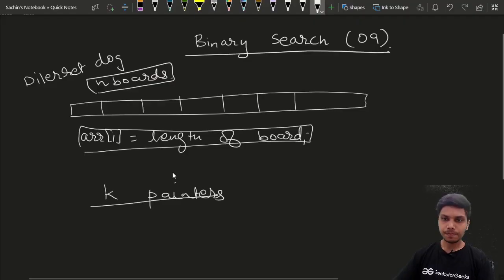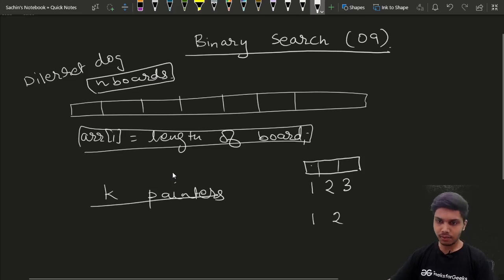So there is one condition that the painters will paint the board in a continuous manner. What that means is that the first painter can paint board numbers 1, 2, 3, and he cannot paint 1, 2, 3 and miss the fourth board and paint the fifth board. This is not allowed. He can only paint in a continuous manner, not in a non-continuous manner.